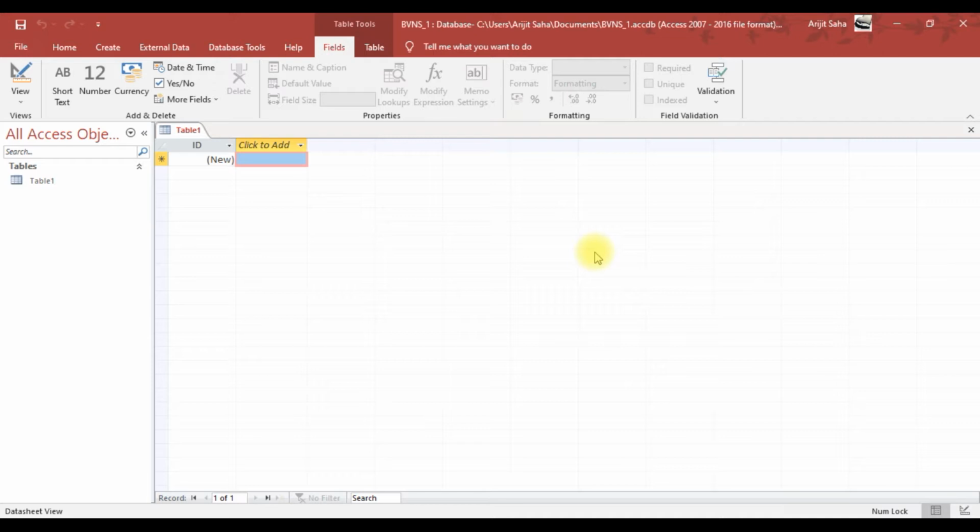Now Microsoft Access is specifically used to store data through a table, and a table here can have a maximum of 255 columns, and there is no limit for rows. That means we can store unlimited data in the rows. Now we have to remember one thing: as this is a database, within a database we cannot have two tables with the same name.